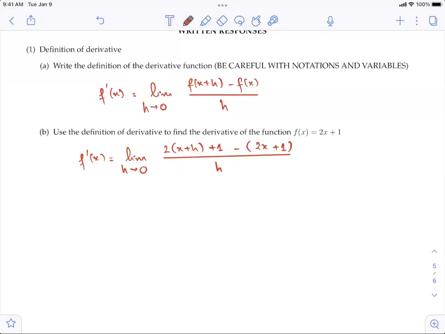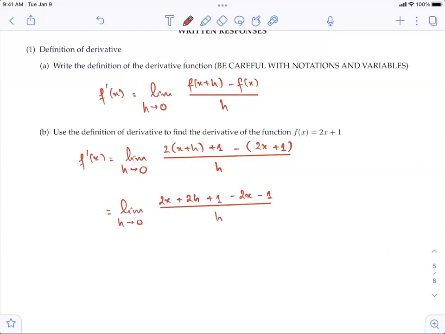So we need to eliminate that form. What you do is expand the numerator and combine like terms or cancel out where you can. So the limit as h approaches 0 of 2x plus 2h, where I distributed the 2 into the parentheses, plus 1. And over here, I distribute the negative into the parentheses. Remember, when you have a negative in front of parentheses, the negative goes to all the terms inside the parentheses. So that is negative 2x minus 1,